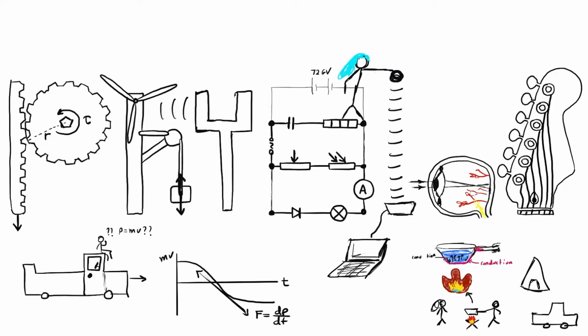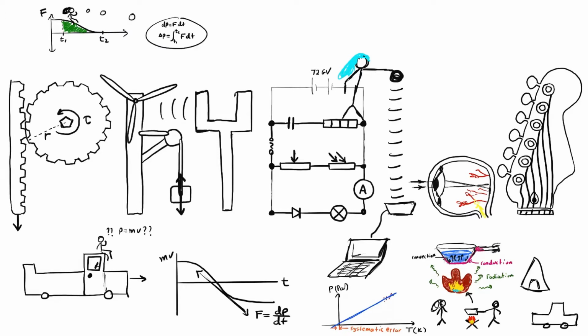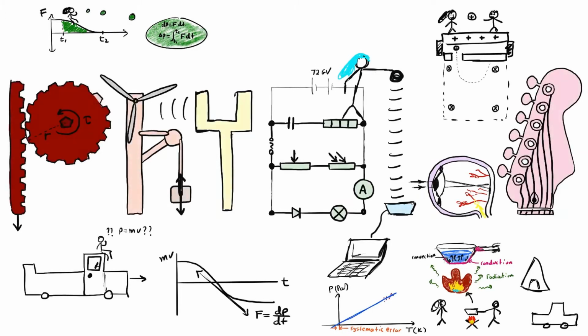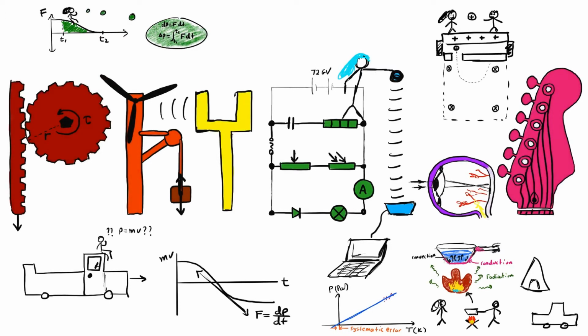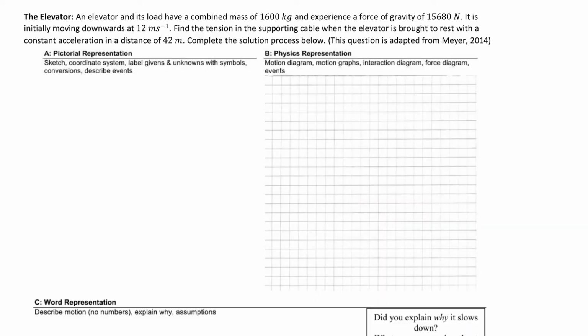In this video, we will be looking to see how we can use the second law of motion to solve real-life problems. Similar to kinematics and the steps that we've taken for those type of questions, we're going to follow the exact same procedures. So we're going to solve problems that are given to us using a 5-step process, starting with a pictorial representation or system diagram, moving into the physics representation, going into word representation, then mathematical representation, and finally the